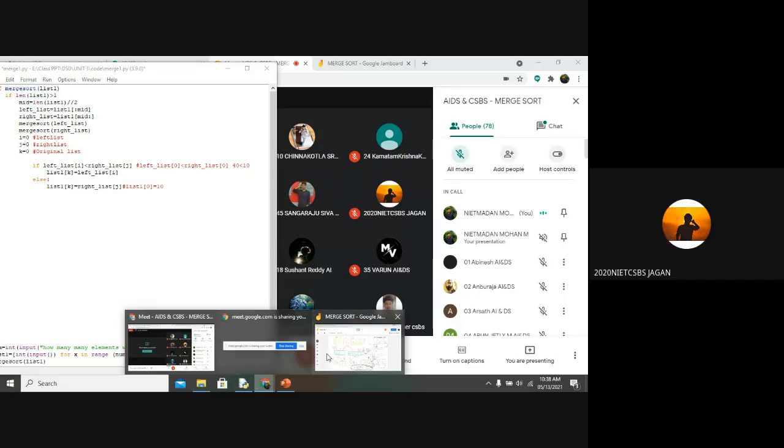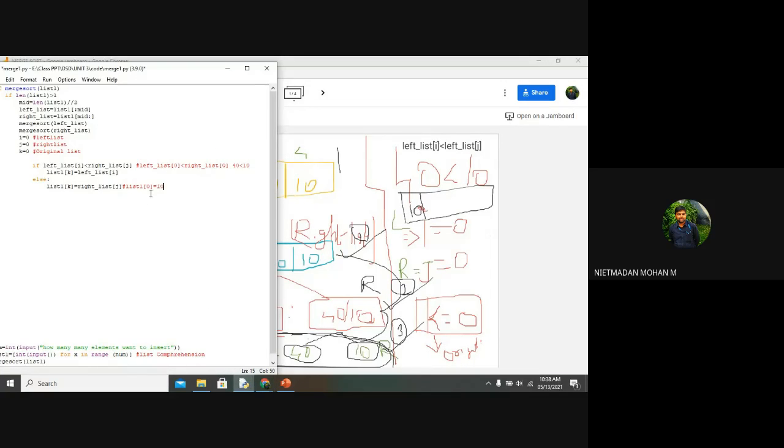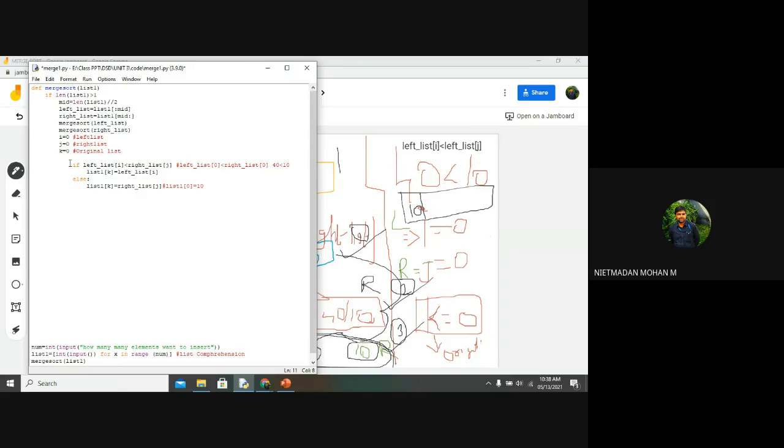Clear? Yes, sir. Now what I want to do is the same process will be repeated for stage 2 and stage 1, right? For that, I am assigning a while loop with I less than length of left underscore list and j less than length of right underscore list.